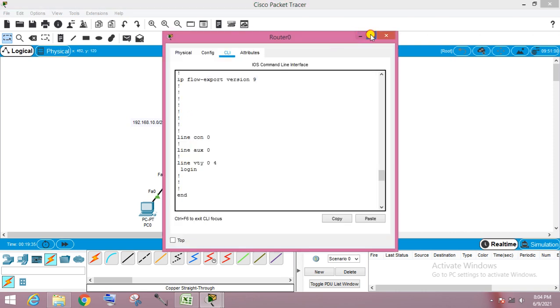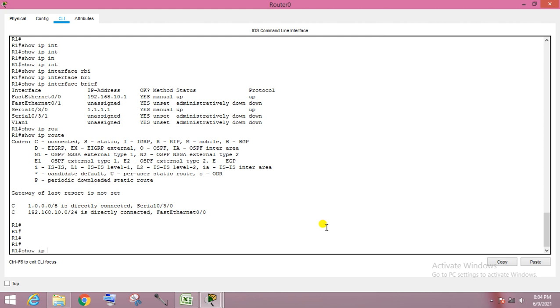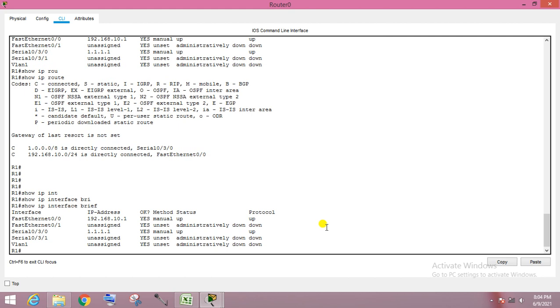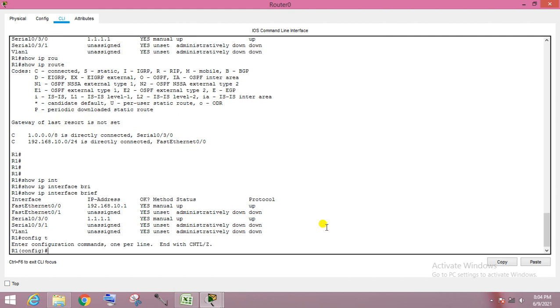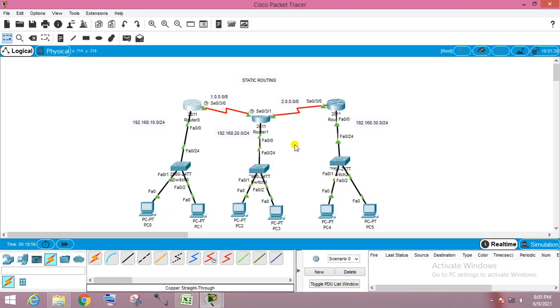Go to the first router. For static routing, we enter router number 1. Config T. The command is IP route. You want routes for this, but you don't know where this route is.